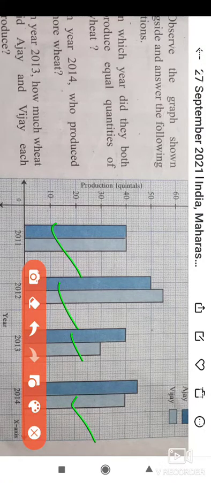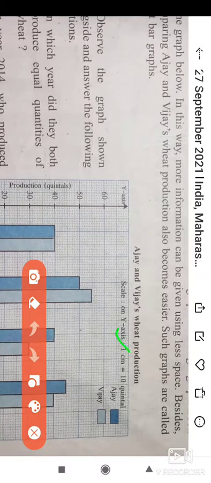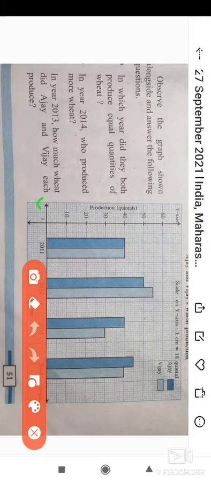The bar graph in the exam carries 4 marks. The scale carries half mark. If you are giving the scale, it carries half mark. In the joint bar graph, if you are giving different colors, this carries half mark. After that, whether the scale you have written is correct or not carries half mark, and this also carries half mark. So in this way it is there.